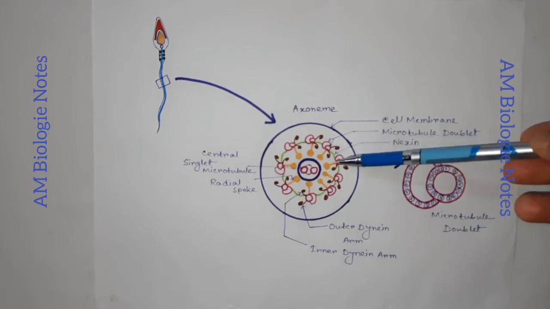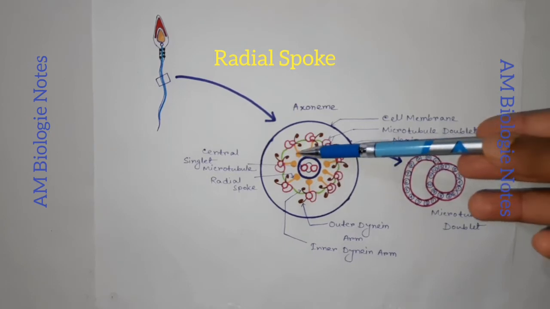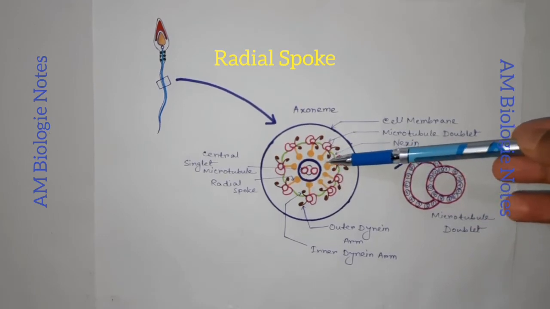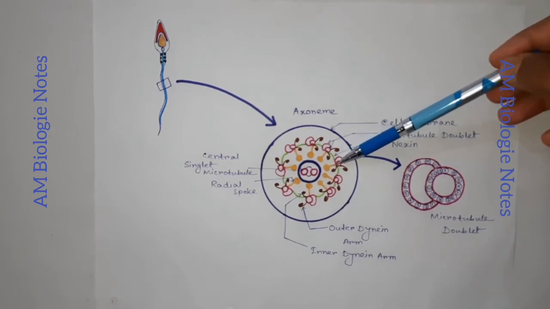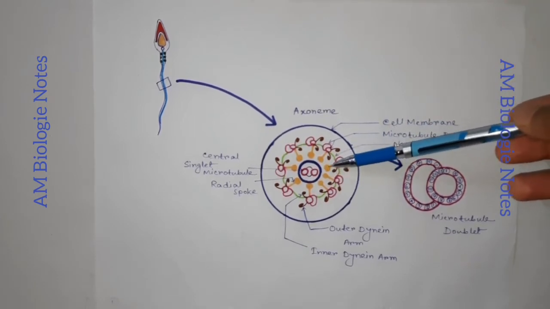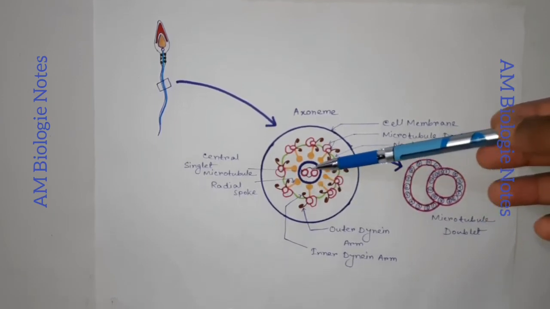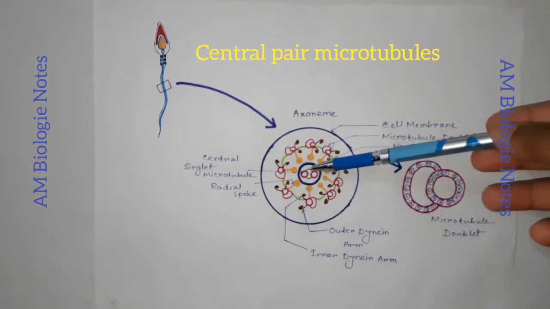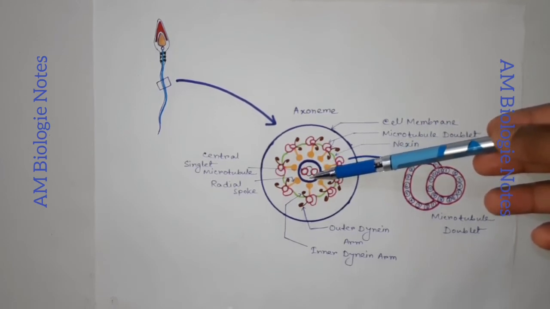Each A tubule possesses a firmly anchored linear row of spokes that radiate inward toward the central pair microtubule apparatus. Each radial spoke consists of a spoke head and stalk and has complex axial spacings. These radial spokes are essential for the flagellar machinery to work correctly. The central pair microtubules function to regulate doublet microtubule sliding and potentially taxis and reversal of beat.